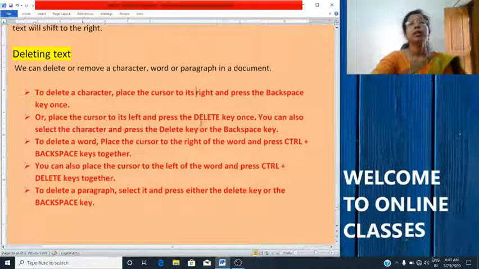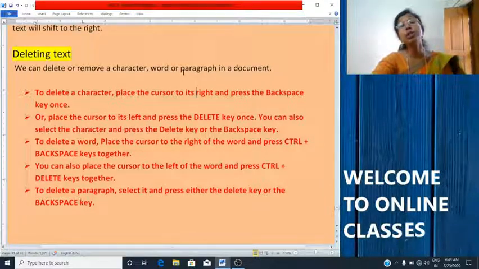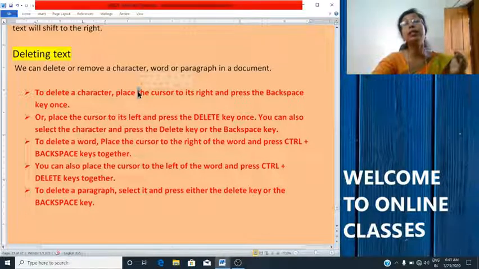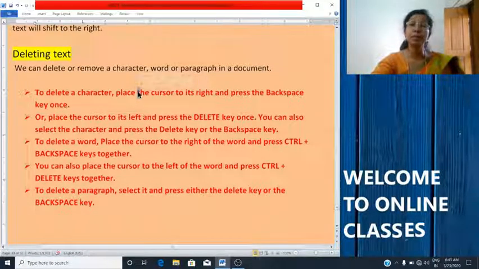You can also select the character and press either the backspace or delete key. Backspace deletes the character to the left of the cursor, and delete removes the character to the right.